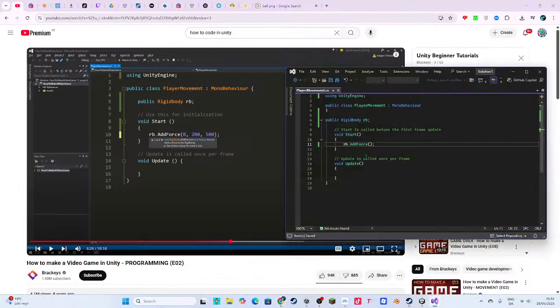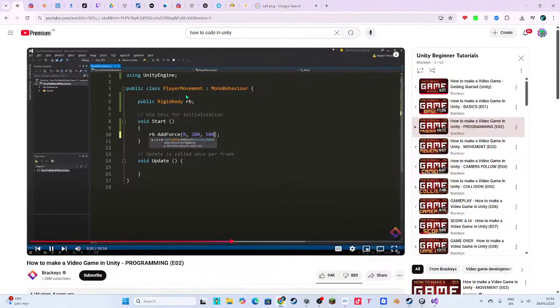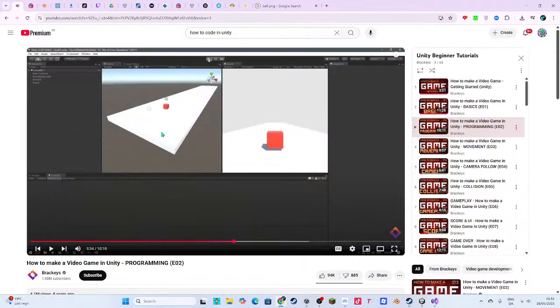So RB, the rigid body that we put in the slot, will add force, and then in the brackets is the force that it's going to add. So you have to write the x, the y, and the z. Notice how I separate each number with a comma. Hit save, go back into Unity,